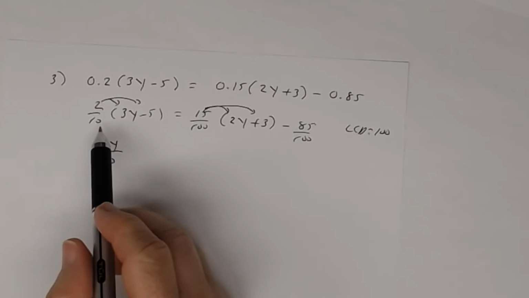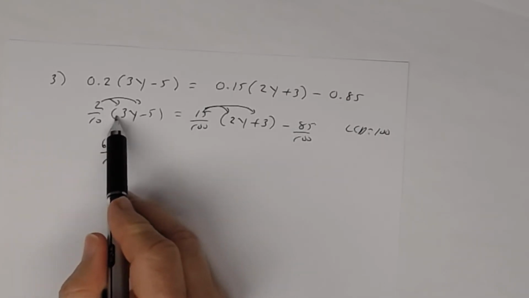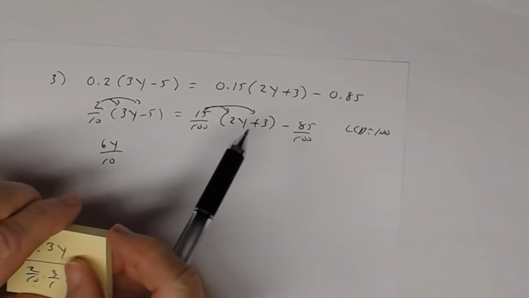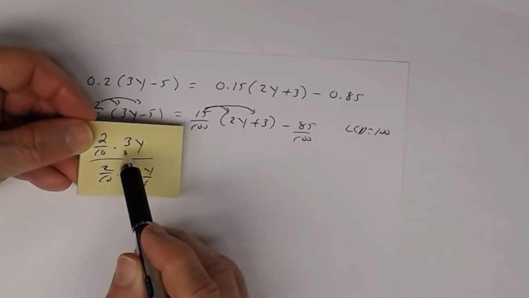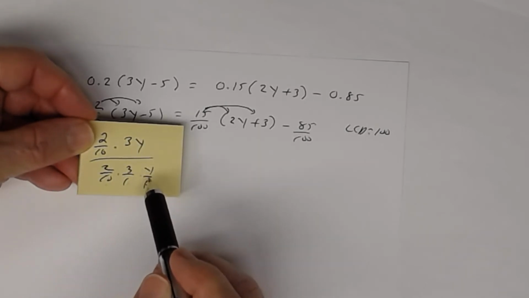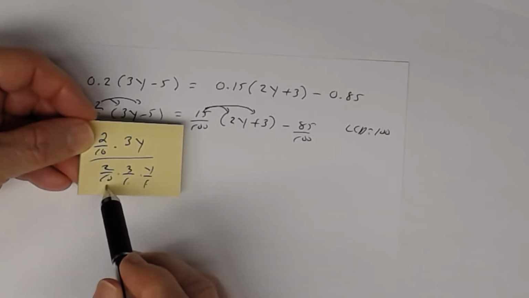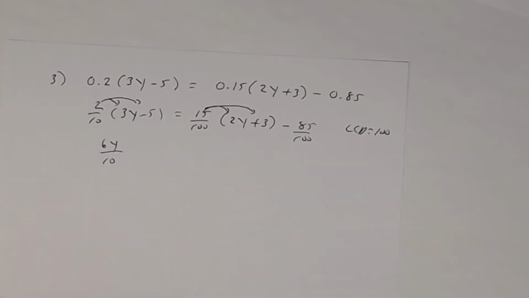So what some students make a mistake and do is they say 2 times 3 is 6, and then 10 times 3 is 30. That's not correct. That's not a 30. That's a 10. So if you're prone to do that, then it's a very good idea to rewrite 3y as 3 over 1 times y over 1. And then you multiply the numerators together, and then multiply the denominators together. Okay? And then over here,